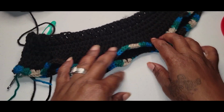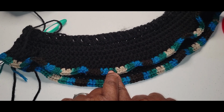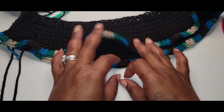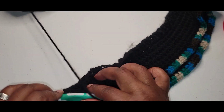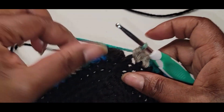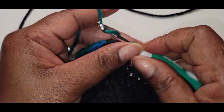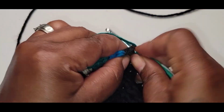Okay, so I've gone all the way around, increasing in every one, which means putting 2 half doubles in every single stitch. So you can already see it kind of doing a little curly curl there. But now what I'm going to do is go all the way around and put 1, oh, where did I end? 1 half double, closing this off, slip stitch, chain 1, and now I'm going to go all the way around and put 1 half double